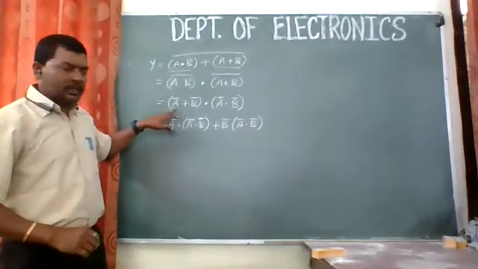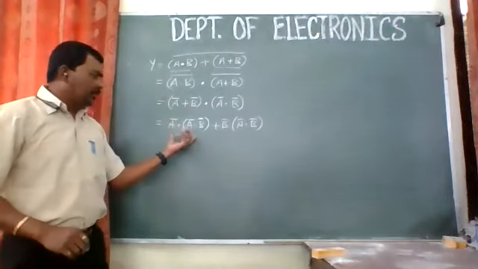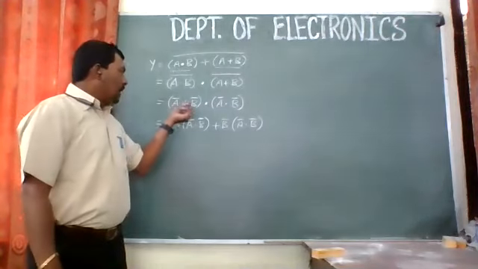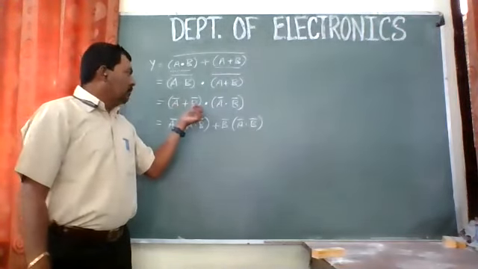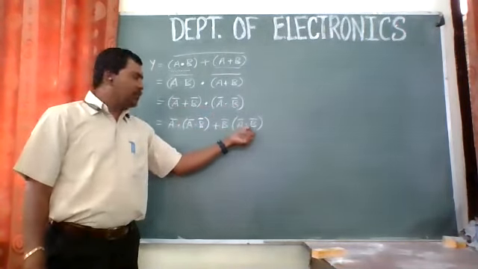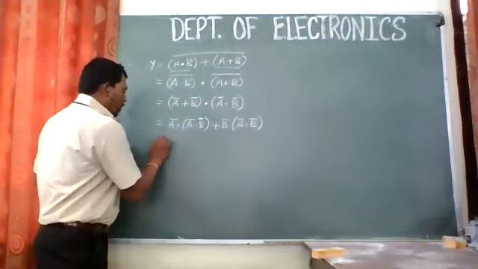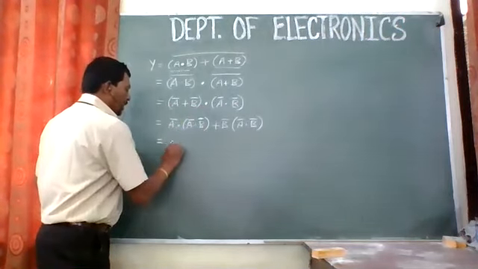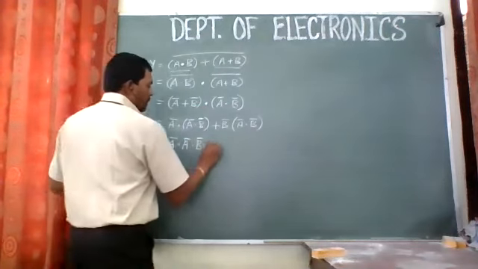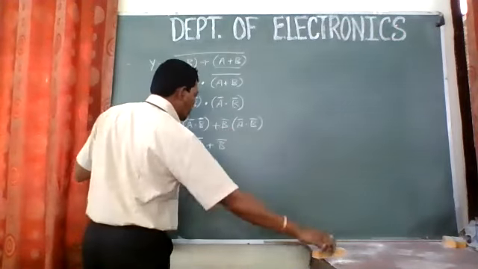So I've just multiplied this bracket with this. So A complement dot B complement. This is one product on one side, and the other one should be plus B complement dot A complement dot B complement dot A complement dot B complement. Right. So I guess it is okay. So now the equation will be like this: A complement dot B complement plus B complement. Okay, so I will write it like this.